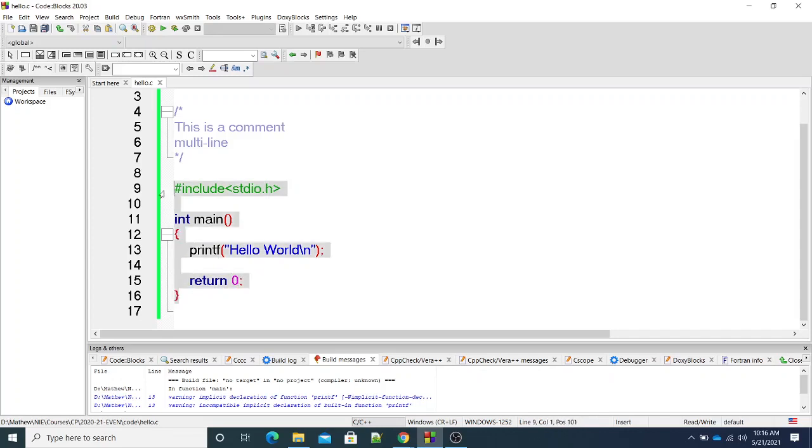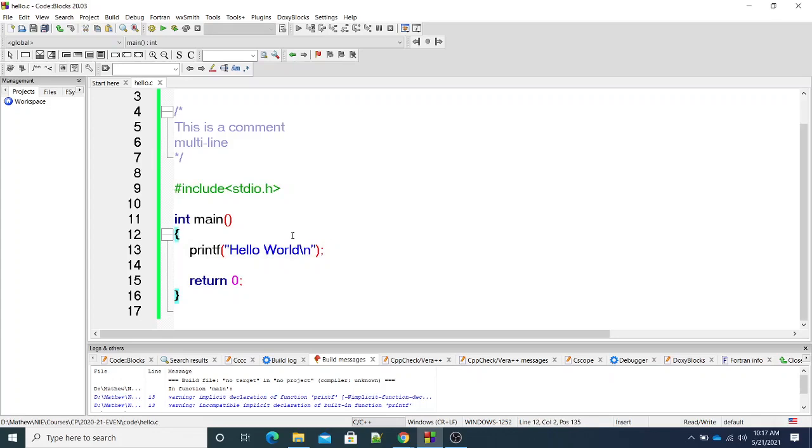So this pattern is going to be very common for almost all of your programs, except that here instead of printf you will be writing one or many other statements. This program is performing a very simple task of displaying a hello world message onto the screen, but you will soon be writing programs for adding numbers or calculating factorial and so on. At that time this part will change. Instead of hello world you will have one or many dozens of statements. Other than that, this pattern is going to be common. So everybody understood this?